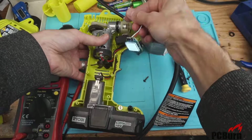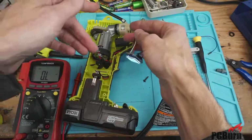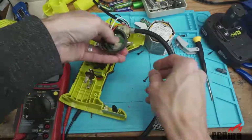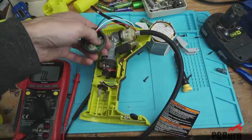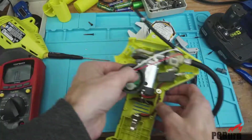Hey, look at that. I don't know if you can see it, but that is now lit up. Okay, let me get this back together, and we'll see if this thing works now that I've resoldered that diode to the board. Those zebra stripe connectors are usually pretty forgiving. This one fell out while I was trying to get everything back in. Normally, I don't like moving them much if I'm trying to get something back together,